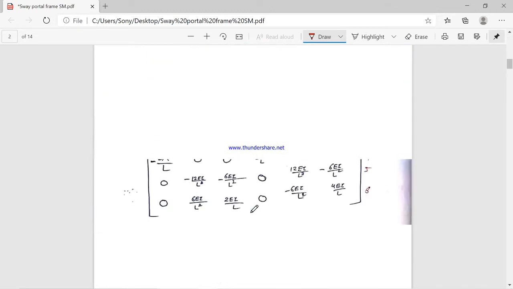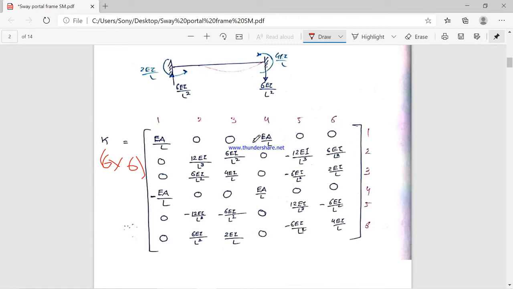Okay, so likewise you have to form this matrix. And one thing you must remember: many times in examinations you are asked to solve the derivation without the effect of axial deformation, or neglecting the axial deformation. Whenever the question asks that, you have to neglect these values, and the structural matrix will become 1 2 3 4. So these values will be cancelled and the matrix will be 4 by 4, which we have already seen in beam numericals. So you must remember this.